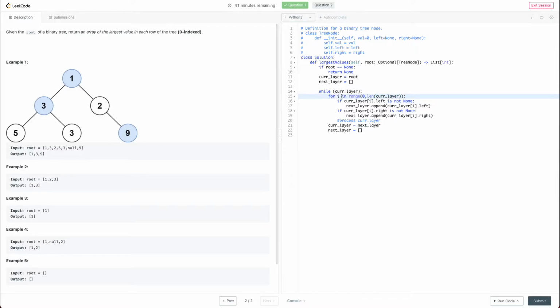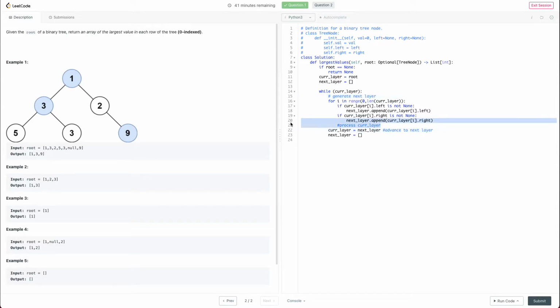And then I need to put this out of here, obviously, because this for loop is going to be orthogonal to this update and this refresh, right? So this next layer is generated. So what I want to do,